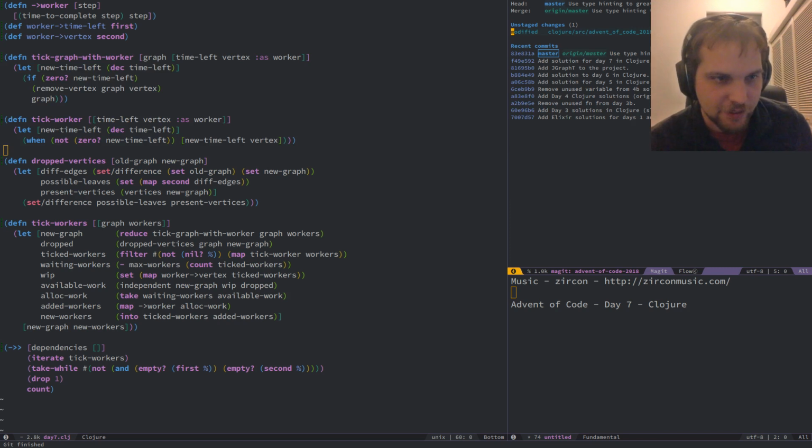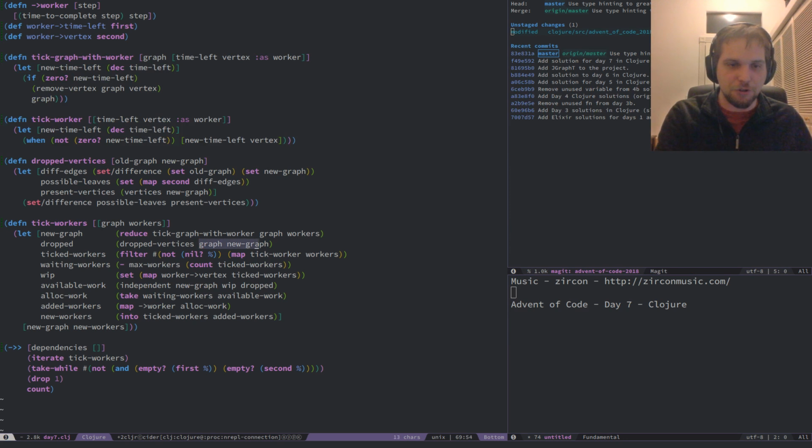Cool. I like how this one turned out. Fun to have to grab a library and then find out the library is only useful for one part of the solution, and I'm not going to bother learning the rest of JGraphT for now to actually figure out if I could reuse any of that. I have a suspicion it wouldn't have been any more useful than just going back to straight Clojure immutable, especially for this right here, where I have to get the old graph and the new graph to compare. It turns out it's really helpful to have immutable data for that kind of thing, because I can get the old one and the new one sitting side by side. I didn't mutate to get there. So, I like how this turned out.